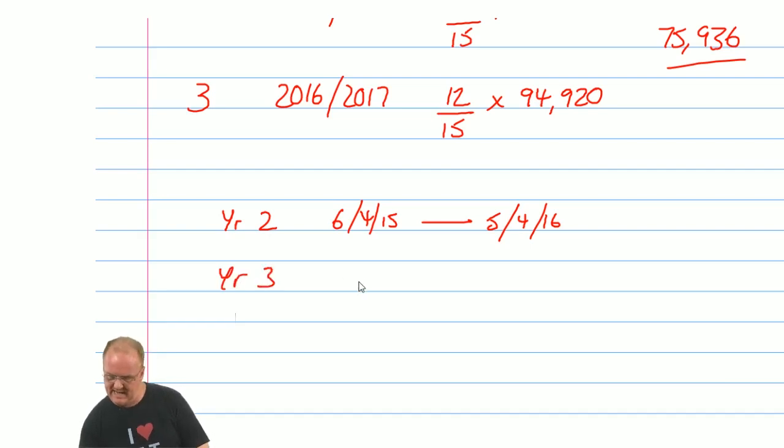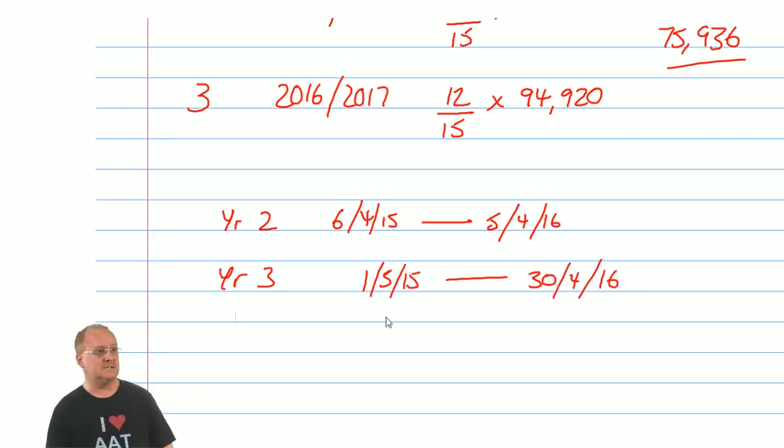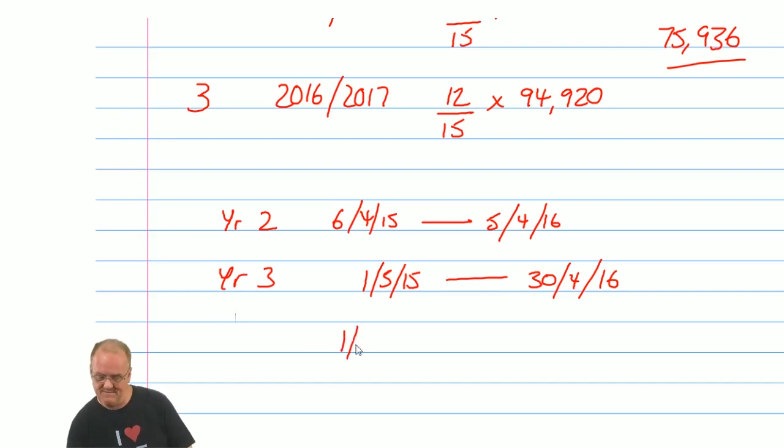Year 3 is the 1st of May 15 through to the 30th of April 16. So the bit from the 1st of May through to the 5th of April 16 has been taxed